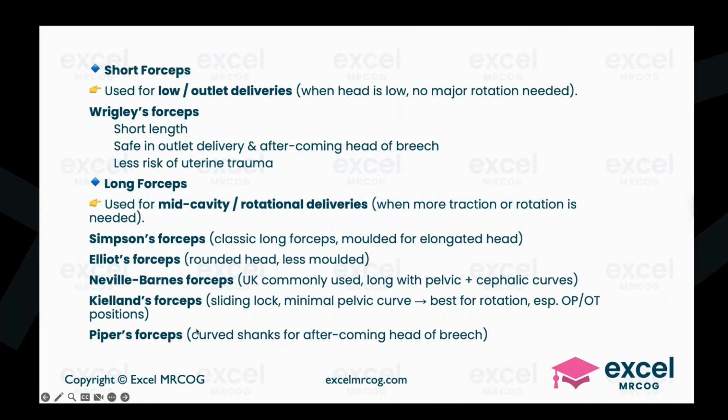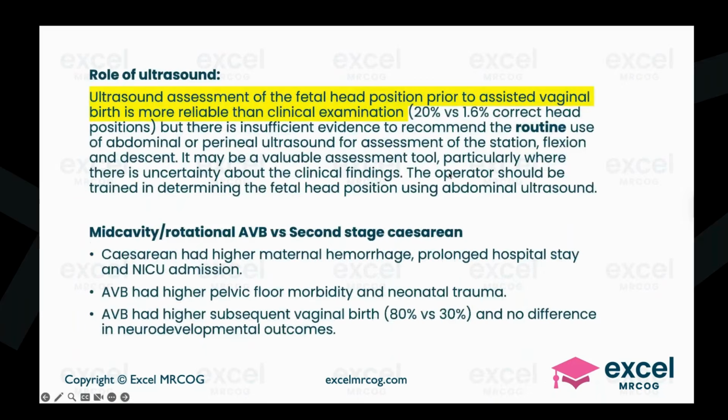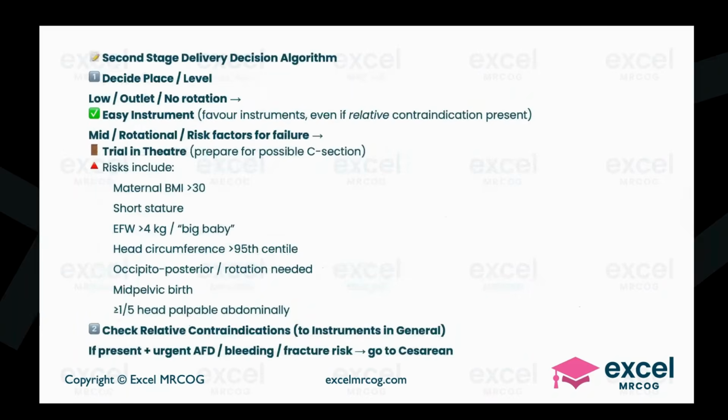Kielland's has a minimal pelvic curvature, so when you're rotating it, it doesn't shear the vaginal walls, for example. So that's the importance of it. So it's best for rotational. Neville Barnes is very commonly used. Go over the forceps videos, please. How many have seen it already? Okay. Now, as promised, we go over the